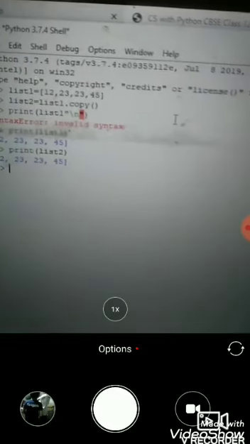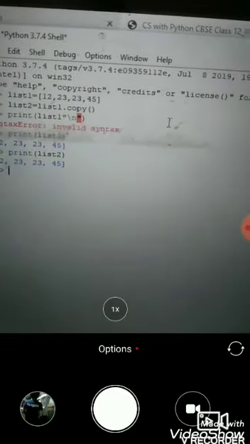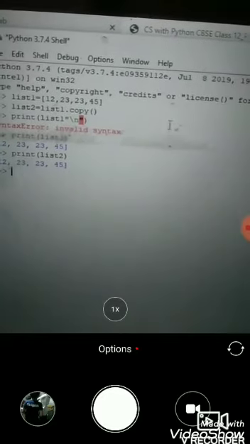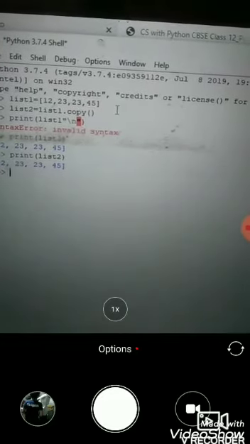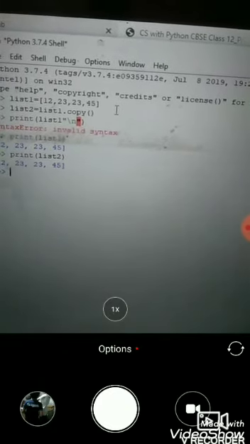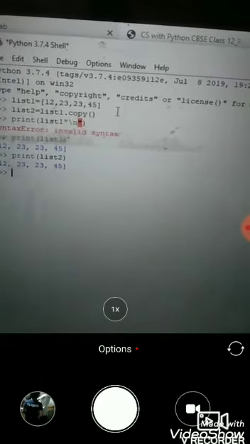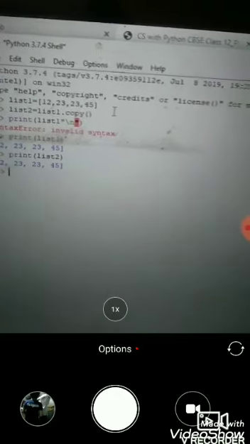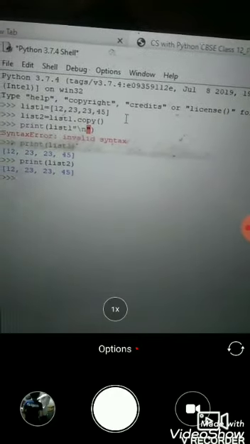Here we can see list1 equals, there are 4 members in the list, and list2 equals list1.copy(). Then we print list1, so we get the members of list1.